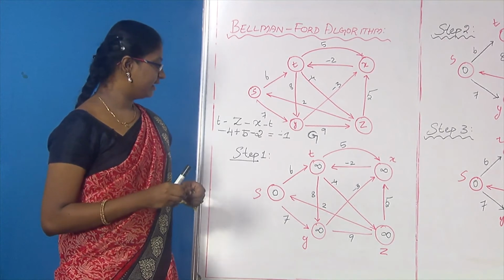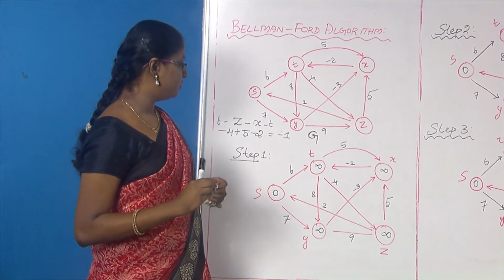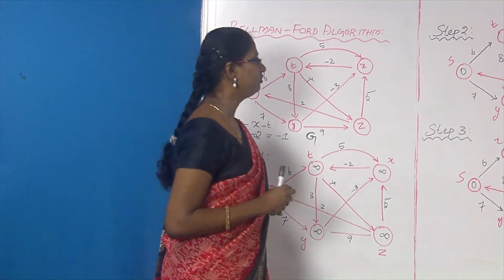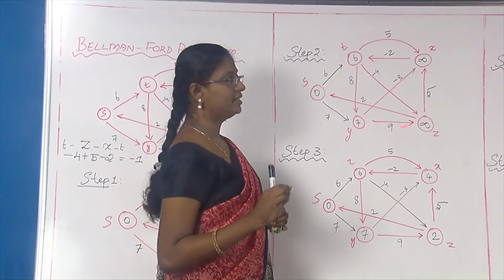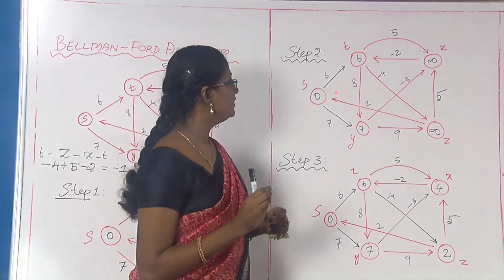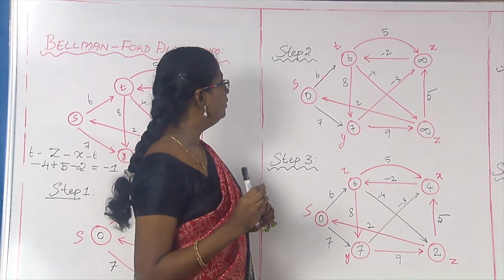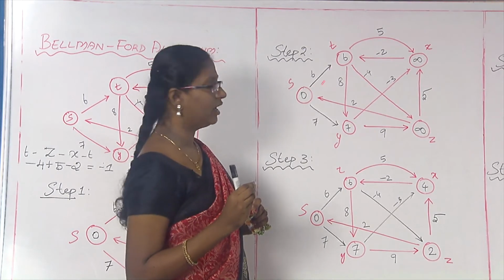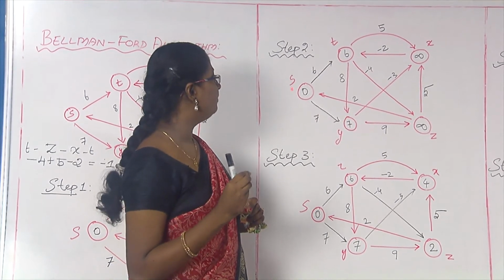So, consider the second step. In the second step, we will be finding the distances from S to T and from S to Y. So, let us go for step 2. Okay, so this is step 2. I am going to construct a graph, that is, I am going to find other distances in step 2. So, consider the arcs from 0. Here from 0 I have 2 arcs, namely from S to T I have an arc, and from S to Y I have an arc. So, there are 2 arcs from S.